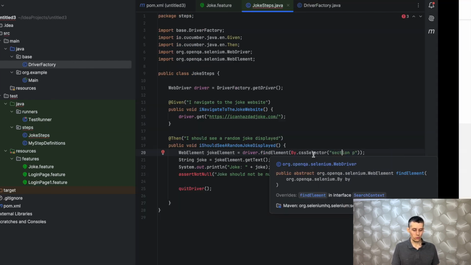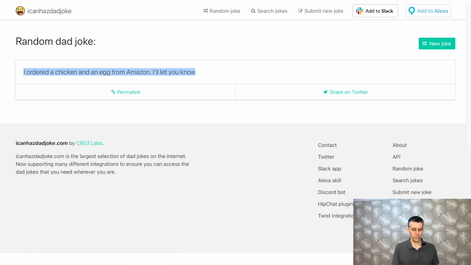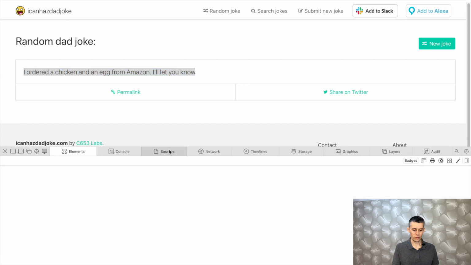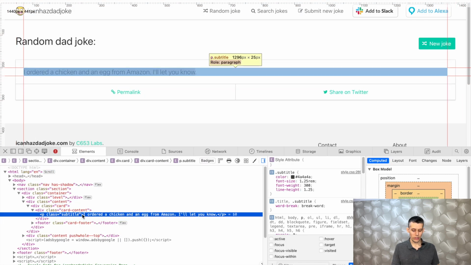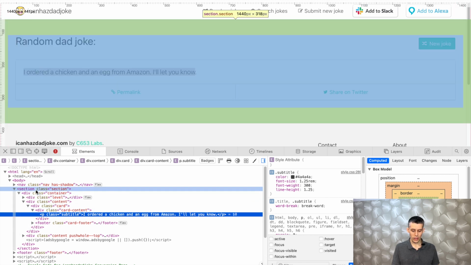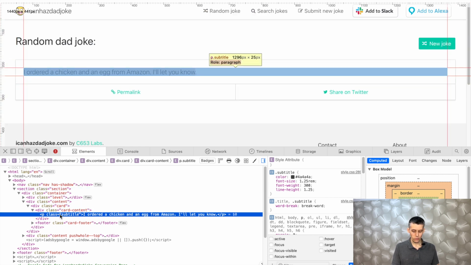You just go to the browser manually, open the inspect element, and you will see that this text with the joke is placed in a paragraph inside the section HTML tag. So I will use this to find this